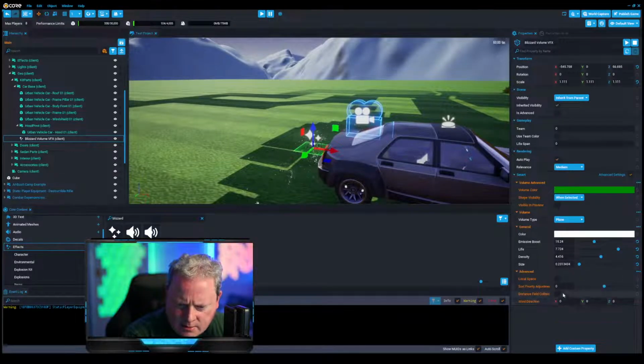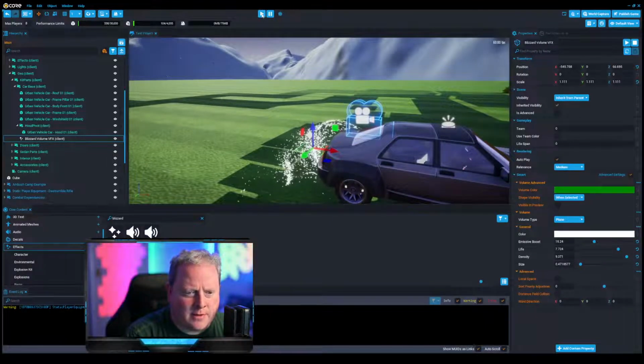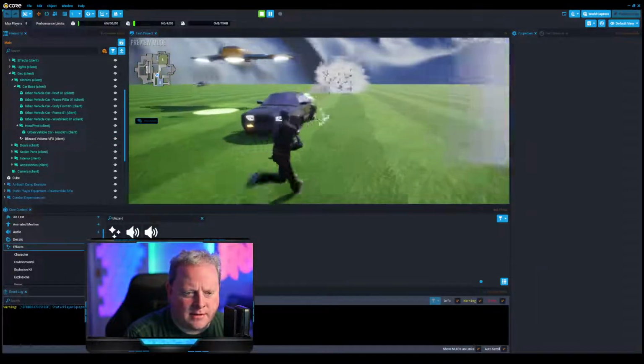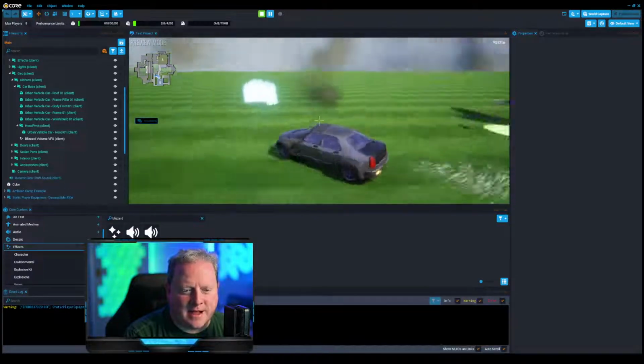And you can do wind direction now, so it always blows in the same direction. That is a brand new thing. Let's see. I like the size, maybe a little bit larger. Density, I want it to be way, way, way up. There we go. So now when you're driving, again, you can activate this through programming so it's not constant, but